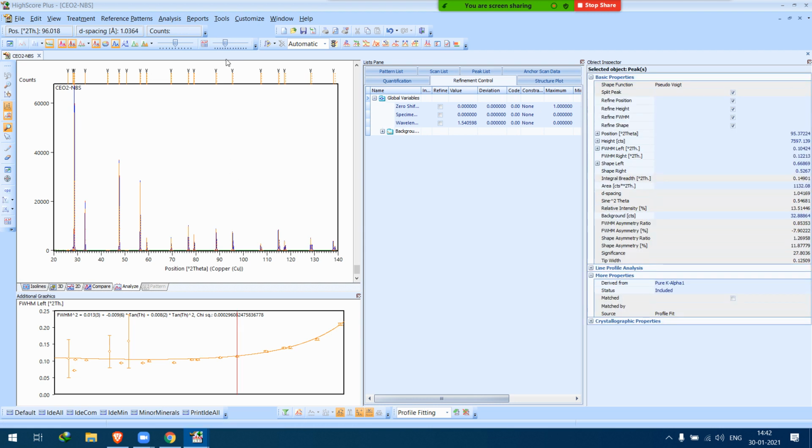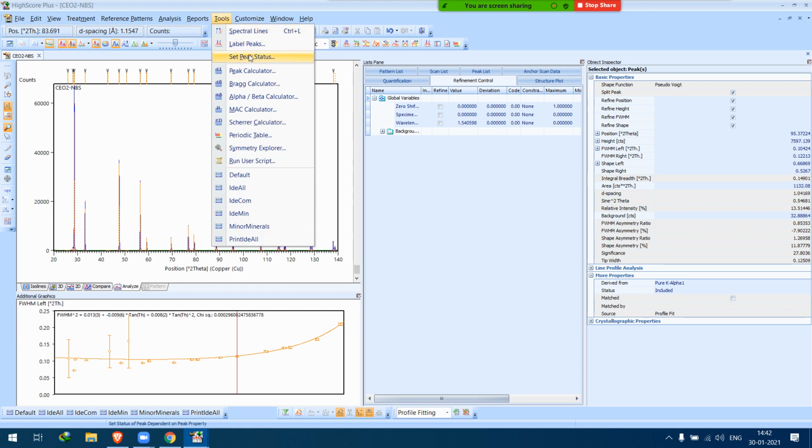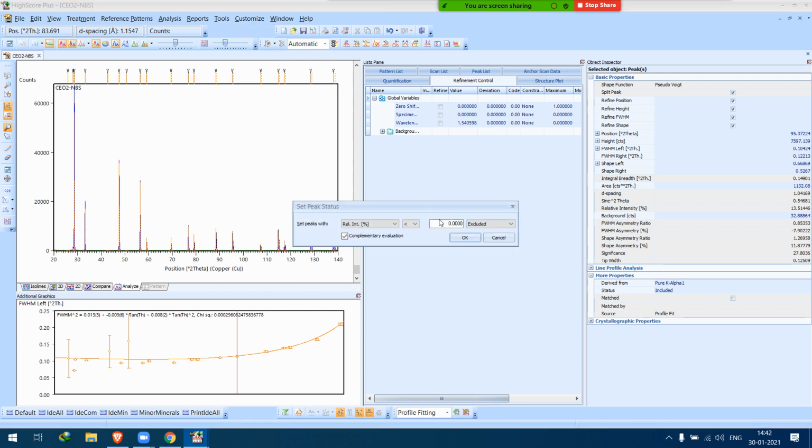So to exclude them, I'm going to go to tool and set peak status. If its intensity is less than 1% or 2%, let me put 1%, then you don't have to include it in the calculation. So I'm going to choose exclude here if relative intensity in percentage is less than 1%, exclude.